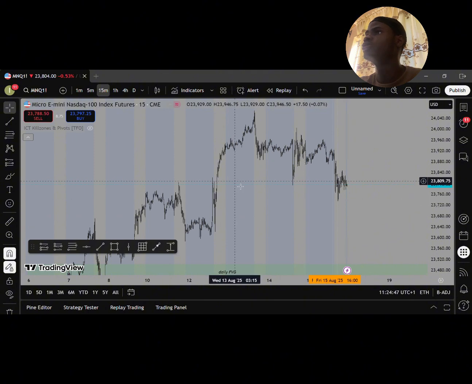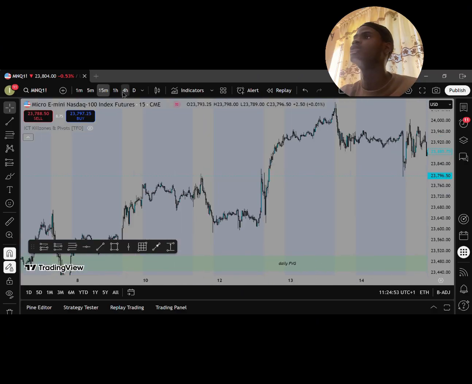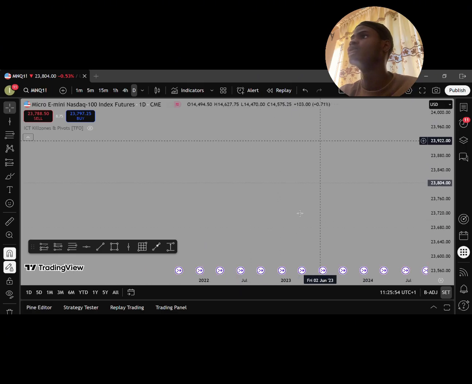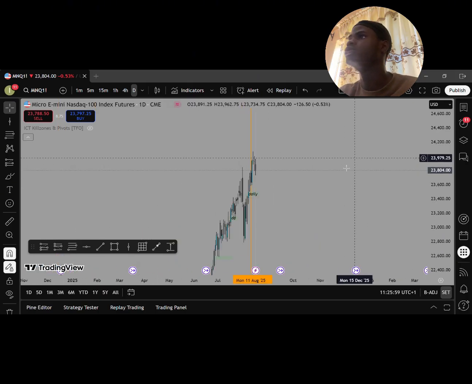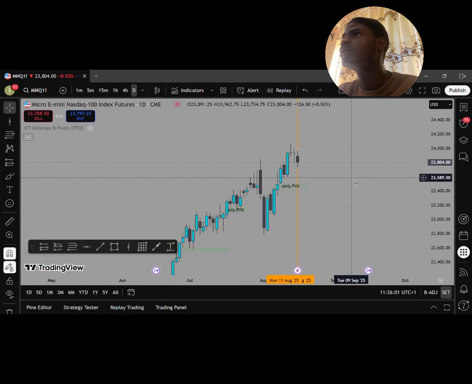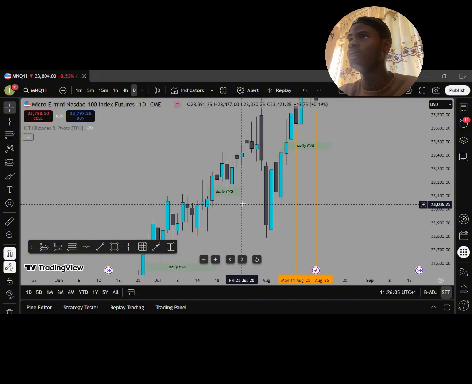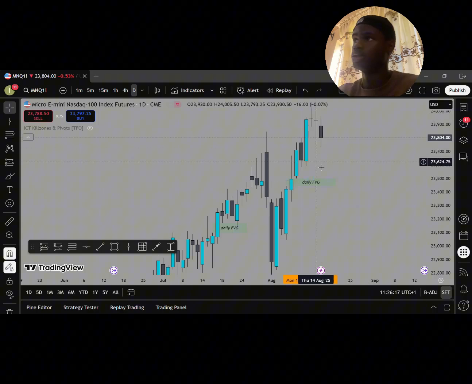Firstly, I only trade the New York AM session, so my trading period starts from 1:30 to 4. I start my analysis from the higher time frame, marking out highs and lows. I always want to mark out any PDR by default on the chart. On the daily time frame, I tend to like to look at daily fair value gaps, because you can see price starts in daily fair value gaps. It always reacts to them and goes to the next external liquidity.